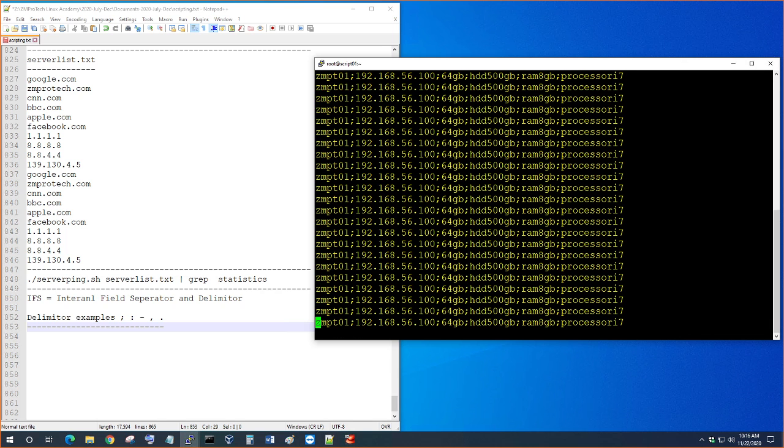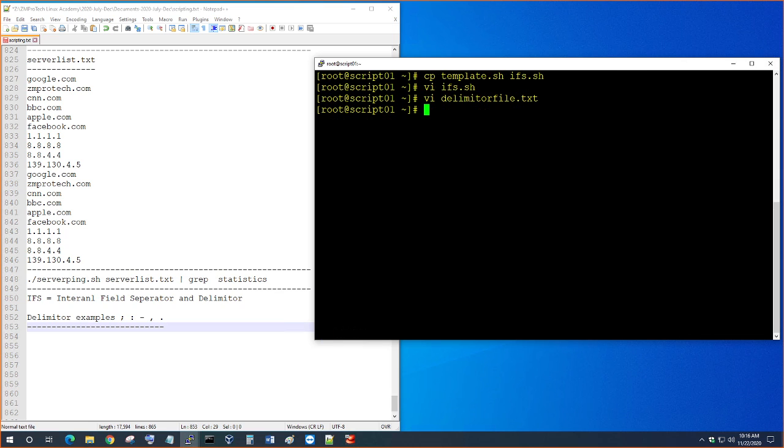So if you look closely, you already determined where you can use this as a separator here. You notice that this is actually giving you good information, but it's very closely packed. So you determine the semicolon is the separating field between all this. So what you do is you save and exit here. Okay, so now let's go back to our